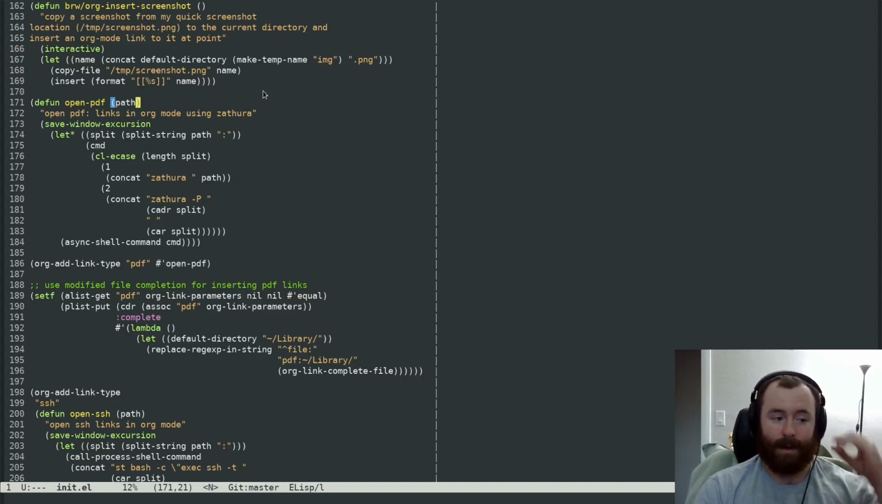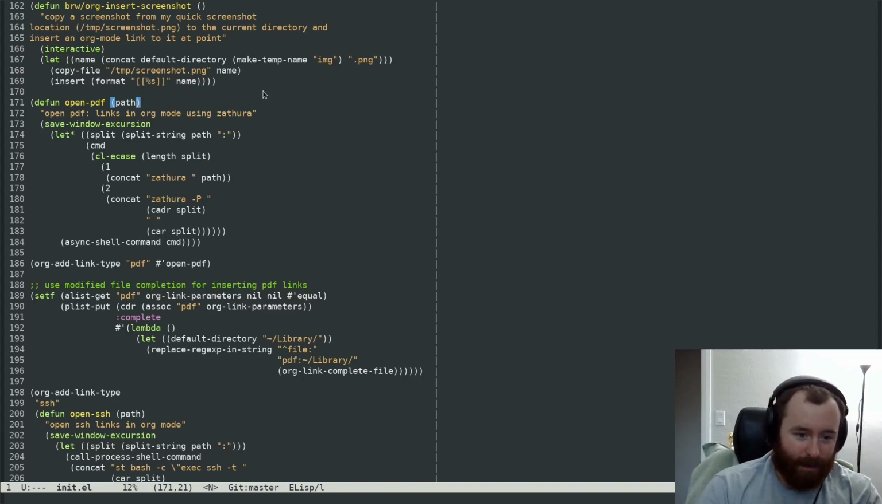Here's a function for opening PDF links. This is something really cool about org mode: you can add your own kinds of links. So we're probably about to see several different kinds of links here. This one's for opening PDFs. So save excursion, split path,